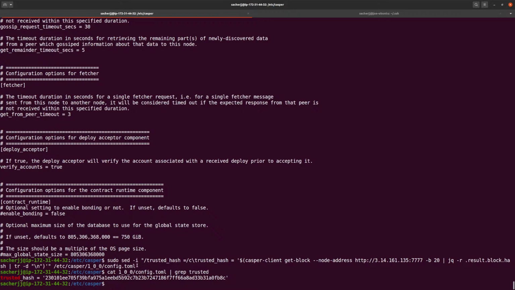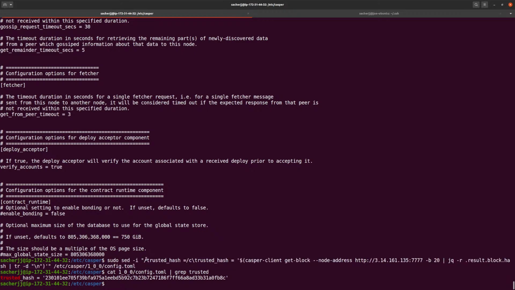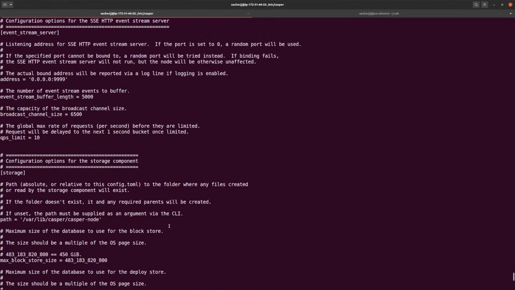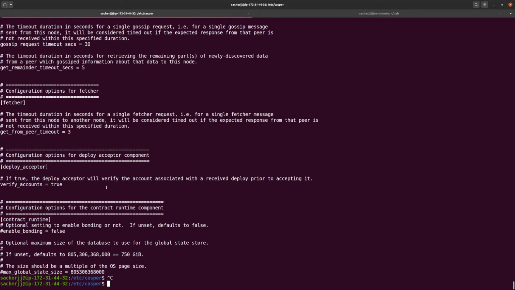The reason I showed you the buildup of this command is because you may want to use something like this for your scripts. So if we actually cat the full config file, while the values have changed with the later configs, something like event stream server, by default, we hold a 50,000 buffer in there. If you're going to really feed off the event stream and want to have it there, you may want this to be 50,000. So you may want a command that is sed,